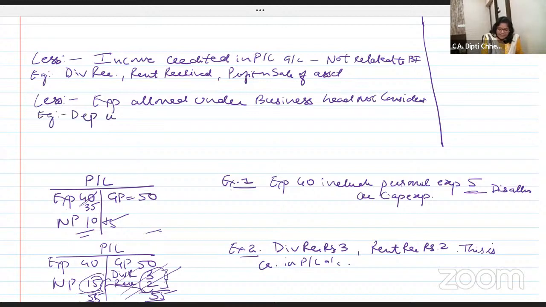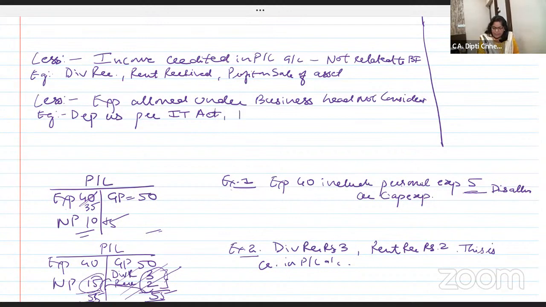Can we write example? Best is depreciation as per Income Tax Act. It might take 10 minutes to write this format, but it is worth writing. ठीक है? तो लिखो आप लोग सब ये format मेरे साथ. Because even if there are 10 items to be added and 4 items to be deducted in exam, everything will be covered in these 4 items. So expenses which are allowed under business head, not considered, now you consider. So if you consider, what's the impact on profit? Profit will reduce. Depreciation as per Income Tax Act.